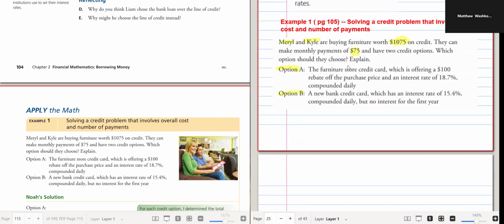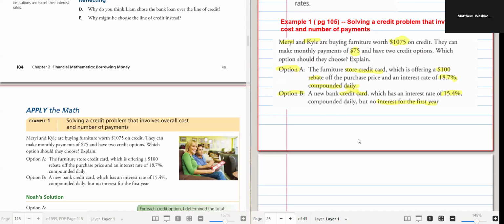Option one is a store credit card, and this gives us a $100 rebate. So instead of 1,075, it's now 975, with that interest rate of 18.7%, compounded daily. Option B is a bank credit card with an interest rate of 15.4% compounded daily, but no interest for the first year. So option A has a higher interest rate and you pay interest immediately, but you get $100 off the principal. Whereas option B has a lower interest rate, and you don't pay interest for the first year,